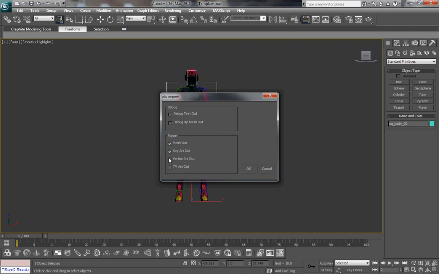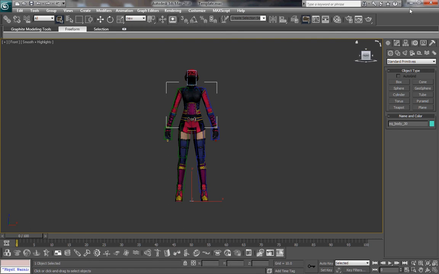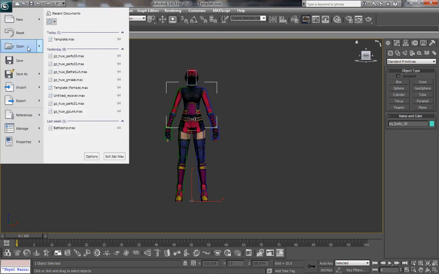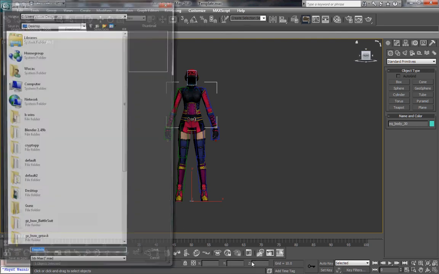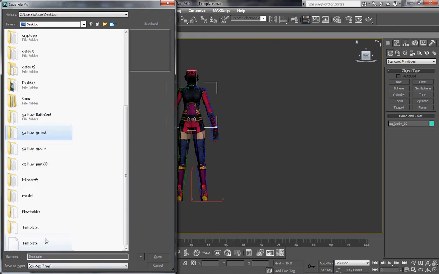If you were exporting out another animation, you'd select this one and also that one. So here we have this key animation, which is just going to set up that 100 frame animation that we had. So we're going to go ahead and export that out. Okay. And there it goes. And we're going to go ahead and save this file. Save as. Go into our folder and we're going to name it